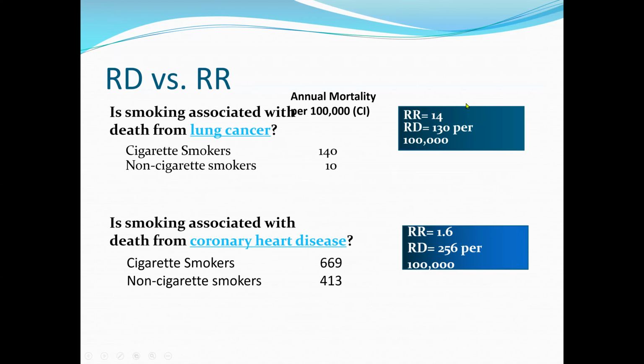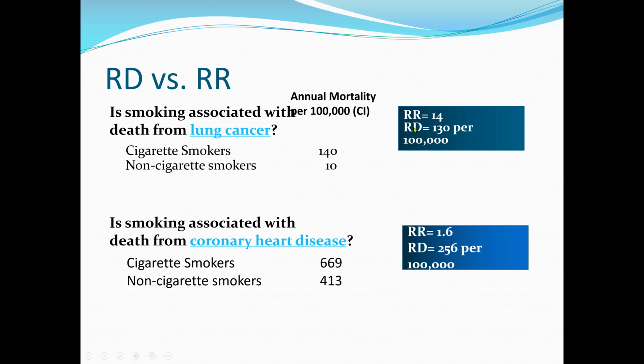So if here we do the relative risk, or the risk ratio. Sometimes some books use the term relative risk, some books use the term risk ratio. So if the risk ratio is 14 and the risk difference is 130 per 100,000, we can see 14 is very strong. This means cigarettes really have an effect, 14 times more to lung cancer. 130 per 100,000 may have it. So we can see that